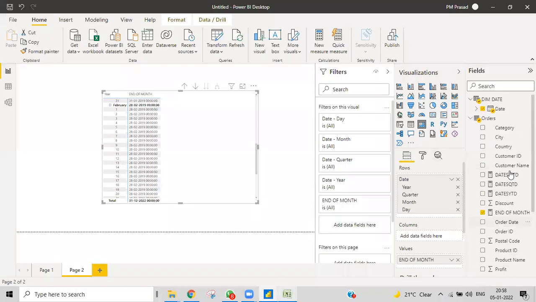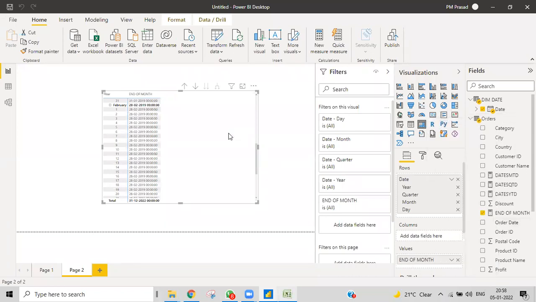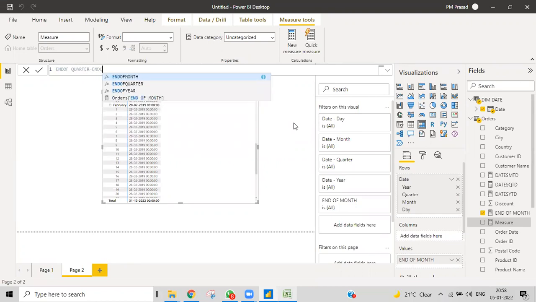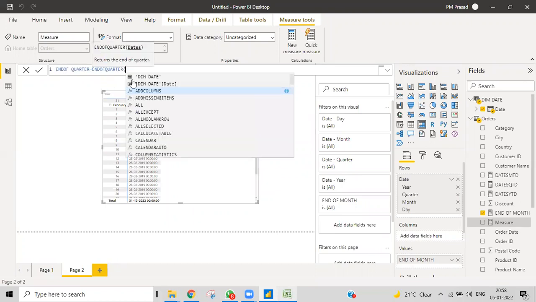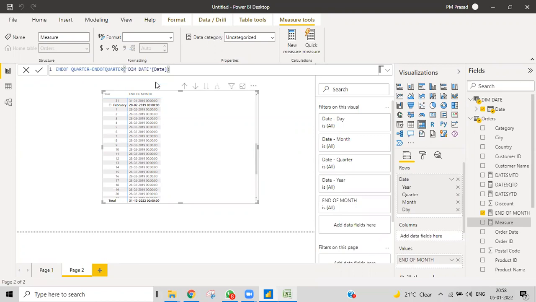Same example, end of quarter we can do with a simple new measure: end of quarter equals EOQUARTER, and then close it.